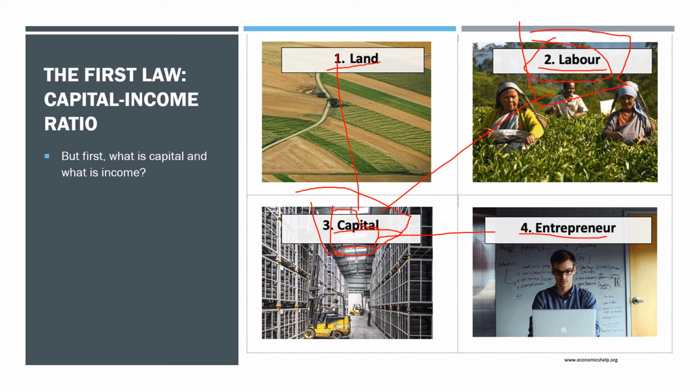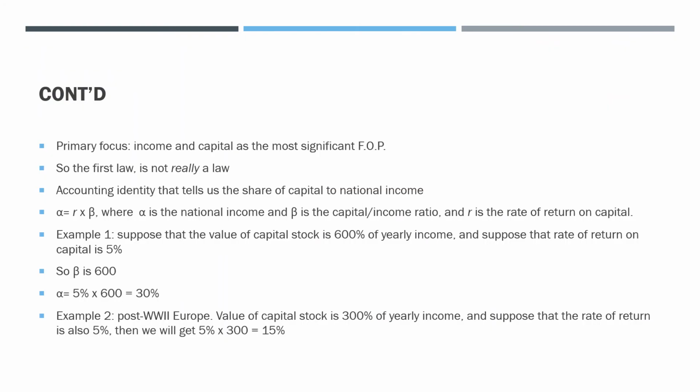Now, as we will see later, this is not just a theoretical or abstract construct. It also has great significance in how we think about the nature of our economy. And in fact, it has great empirical significance because typically capital is quite unevenly distributed, and that has significant impact on the nature of the economy, as we're going to talk about shortly. So, as we already said, the primary focus is on income and capital, and their effect on the economy.